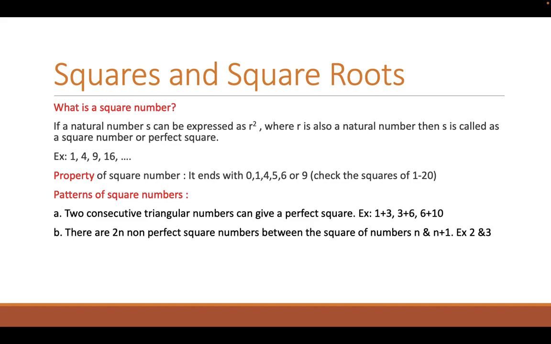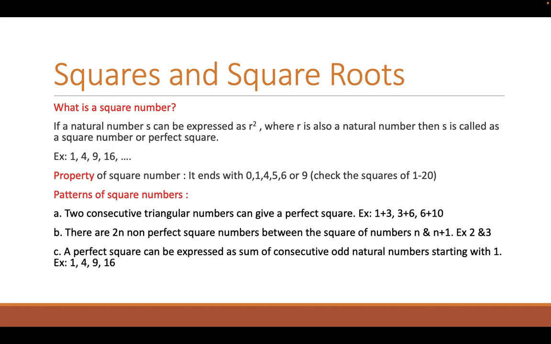And then coming to the next pattern, there are 2n non-perfect square numbers between the squares of the numbers n and n plus 1. So this is also another pattern or property. You can say that there are 2n non-perfect square numbers between the squares of n and n plus 1. So for example here, it is considering